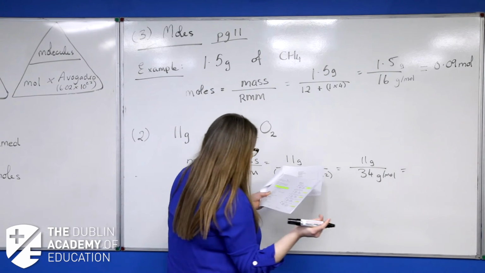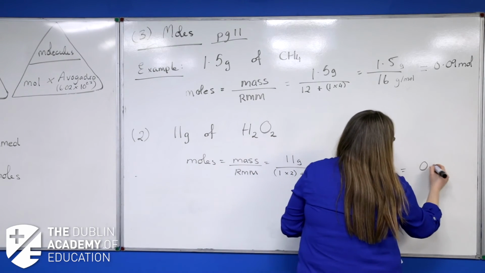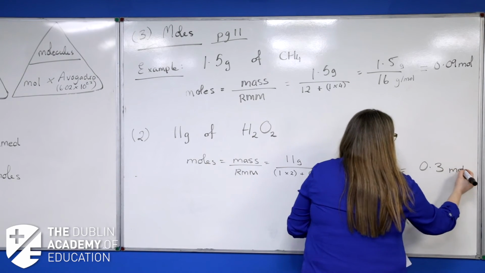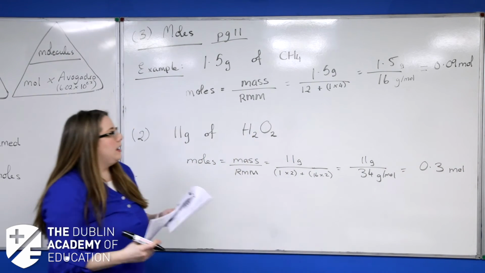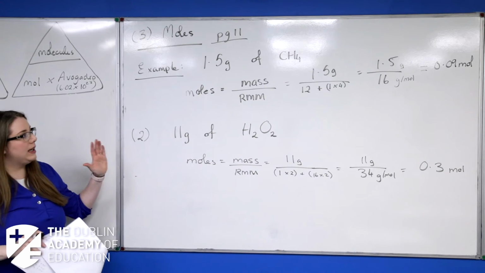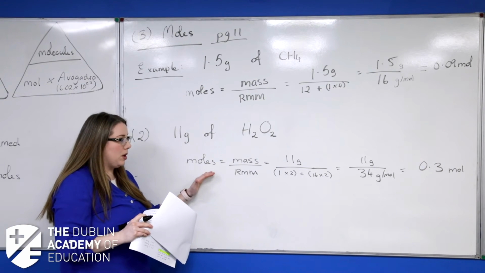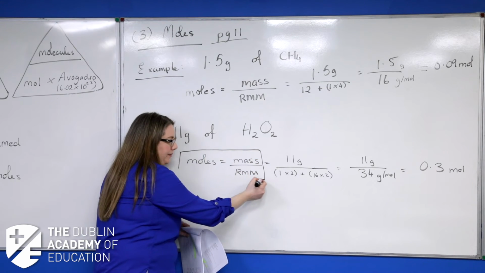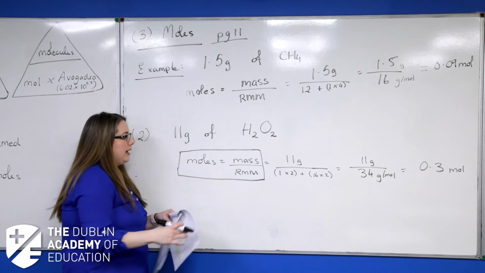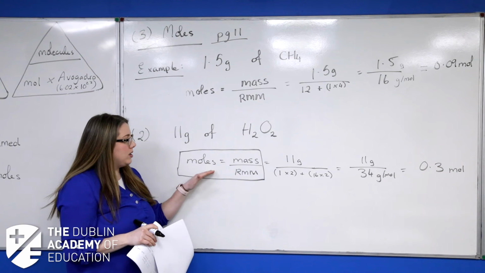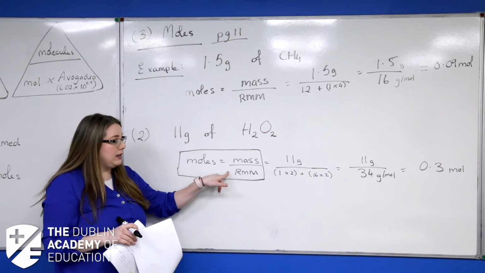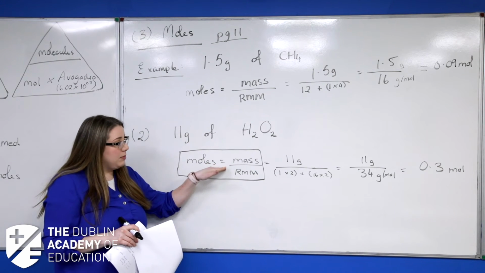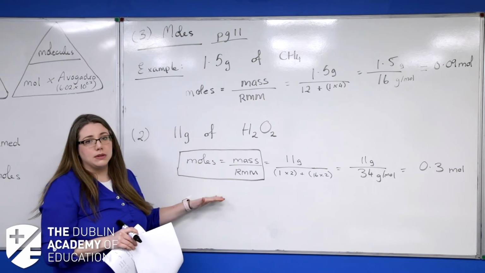And then when you divide it, it's 0.03 moles. Now, I know this is probably going a little bit slowly at the start, but you need to get your head around this and figuring out that if I want to work out moles in a question, you need to know the mass and you need to know the RMM. So it's really good practice just to find your feet with moles.